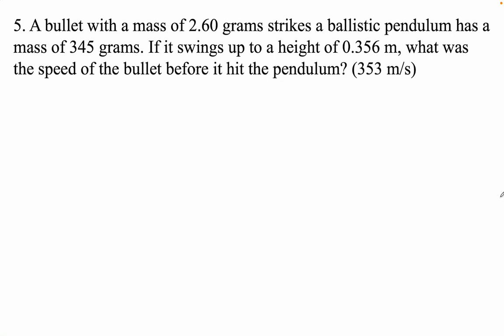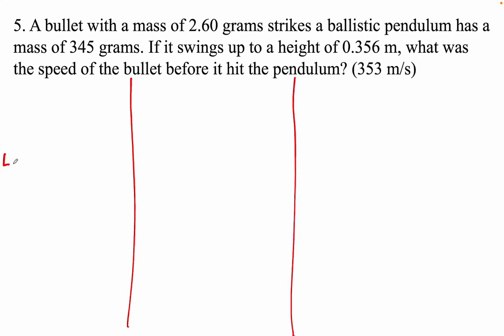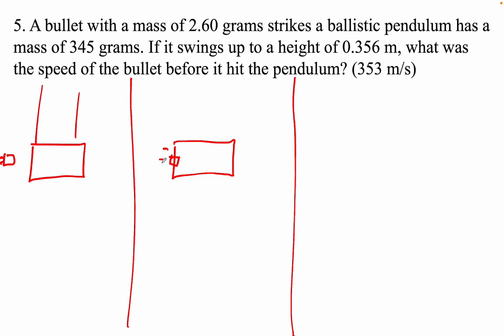All right, so this is one of these ones where we have to actually work backwards, right? We know how far the pendulum swings back. So there's really 3 steps in this, kind of. Bullet traveling. And the pendulum, the unsuspecting pendulum. Then the bullet has struck the pendulum, and the pendulum is moving, but it hasn't risen yet. Let's imagine that the collision happens instantaneously, right? And then there's the